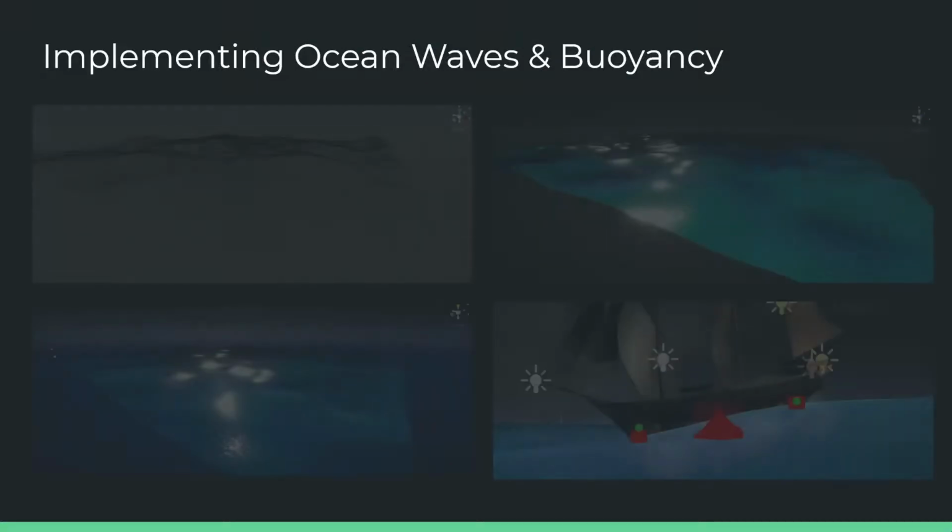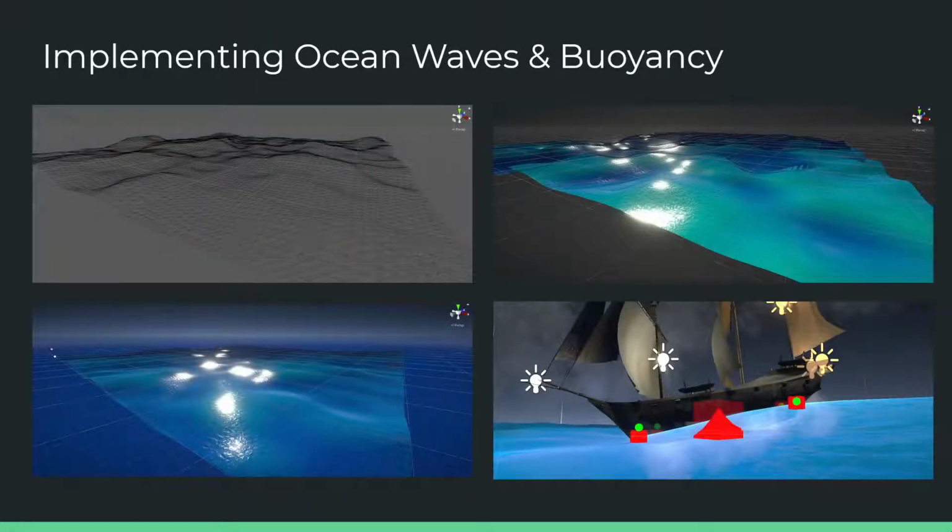So, to implement ocean waves, we use what are called meshes. A mesh is basically a set of points in the world which are strung together by edges, and this allows a triangle plane to be formed, and each point can be moved based on its x, y, and z coordinate. In the top left image, we have a wireframe of a mesh. Each point is connected to the other points around it using an edge. Each point has a particular position in the world, and we can make it a wave from a flat surface using what are known as Gerstner wave implementations. The y coordinate of each point on the mesh can be calculated based on the x and z and the Gerstner wave approximations. When we do this, we get waves on the mesh using displacement.